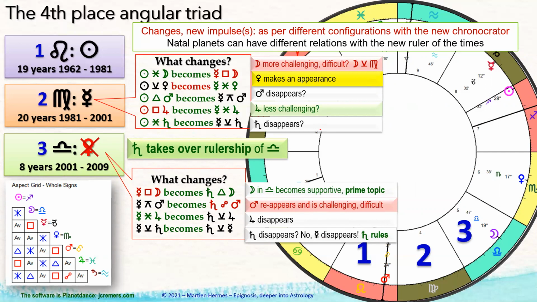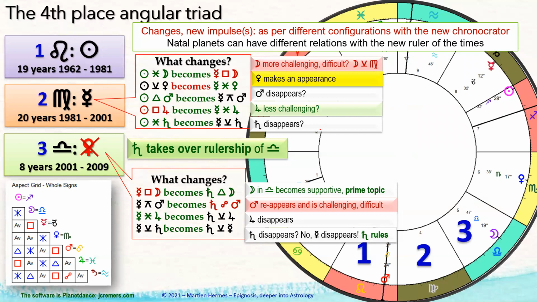Because it's the one who could see the exaltation ruler of Libra, and it can see its own image. So here we have the moon coming back, not being so difficult, but more supportive, because now the moon is in trine to the ruler of the set period. This is more harmonious, of course, than in the previous period, where the moon and the ruler of the period were more challenging to each other. So here we see the moon and Saturn being supportive of each other.